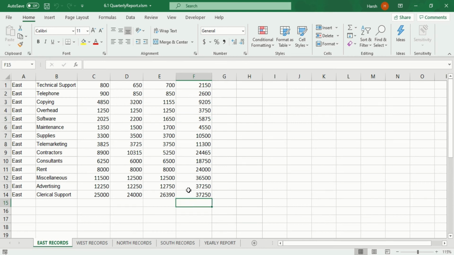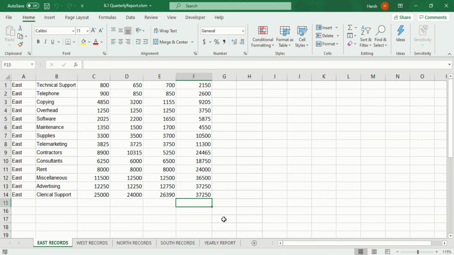In one of my previous videos, I told you how to write a code for the auto sum, and that code will be dynamic and work in all the sheets. It was covered in a previous video as well. You can go there and look into that video for detail.